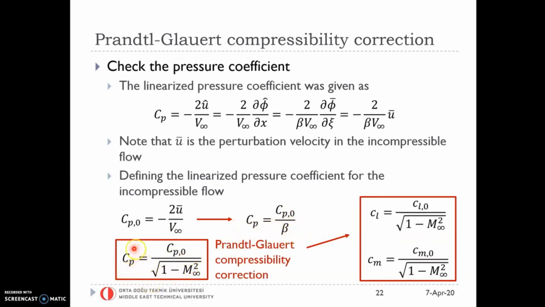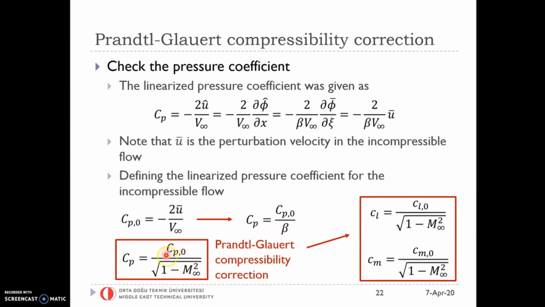Then your compressible pressure coefficient equals your incompressible pressure coefficient divided by some factor, and that factor is the square root of 1 minus Mach infinity square. So this is known as the Prandtl-Glauert compressibility correction,